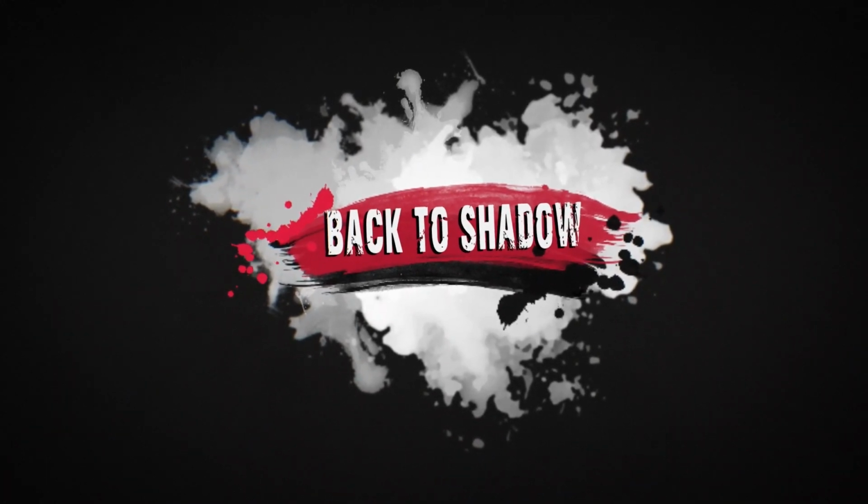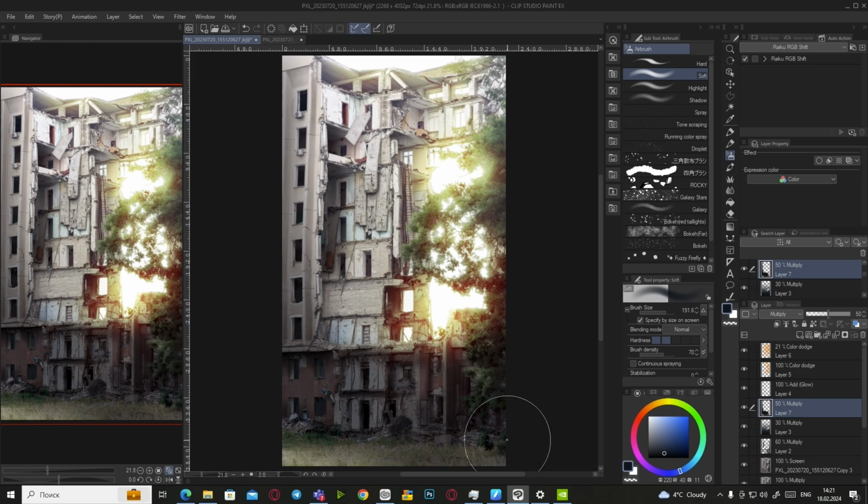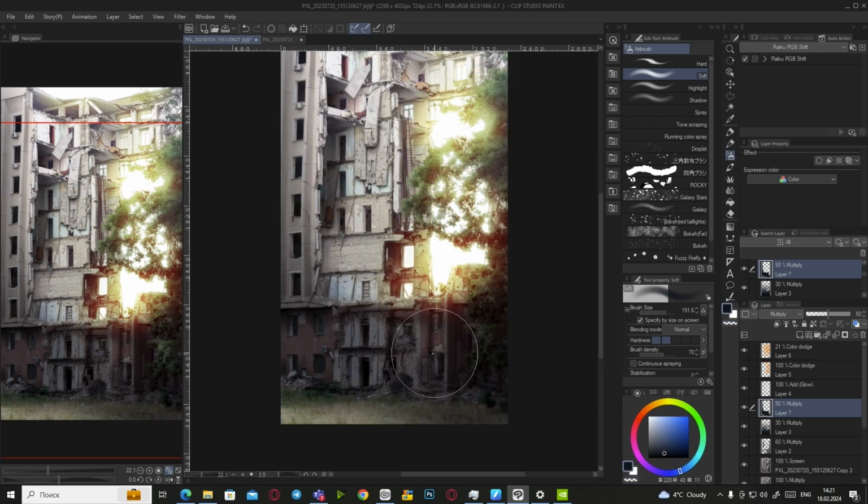Back to shadow. Now we need to adjust the contrast of the shadows to the strength of the light. Create a new multiply layer and put it below the 3 light-related layers we have. Choose the same dark blue, or your chosen shade, that we used in the previous shadows. Put the layer's opacity to 50% and with a big enough airbrush, start covering the areas in soft yet vast shadows